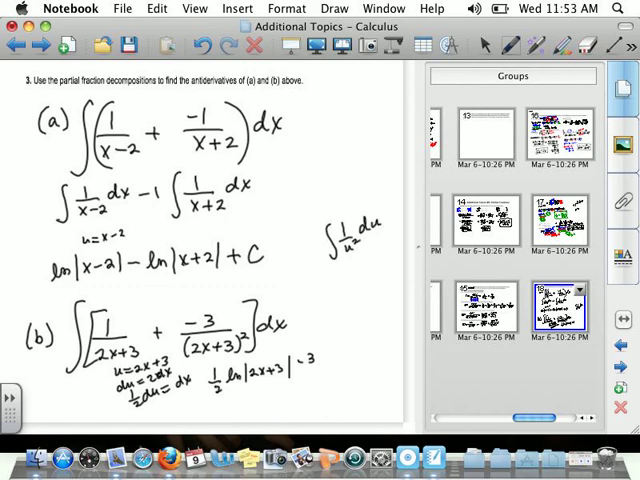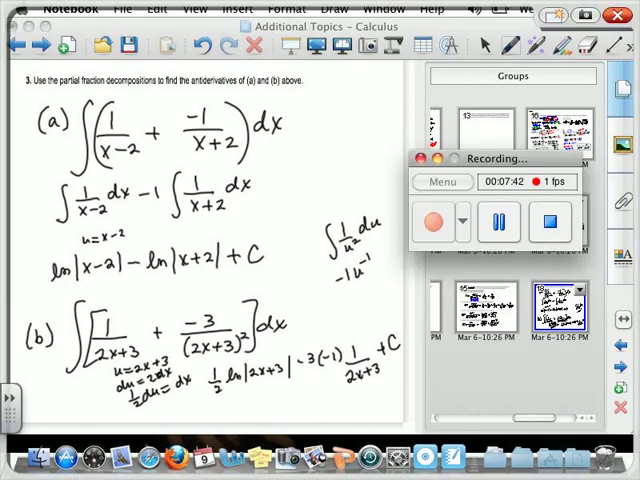How do I integrate 1 over u squared? u to the negative 1 with a negative 1 out front. So it's minus 3 times negative 1 times 1 over 2x plus 3. And then plus C. And you can clean that up a little bit. Just have plus 3 on the top. Okay, that's your answer for that one. Okay, so that's not too bad. Once you do the partial fraction,